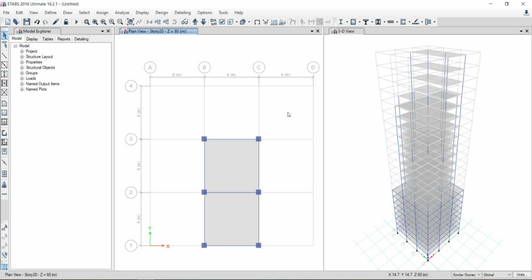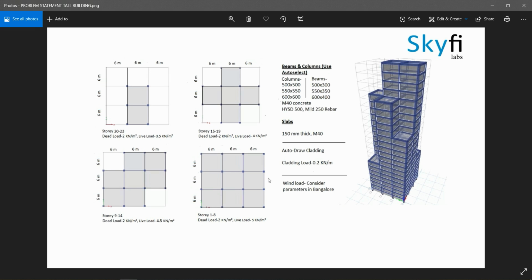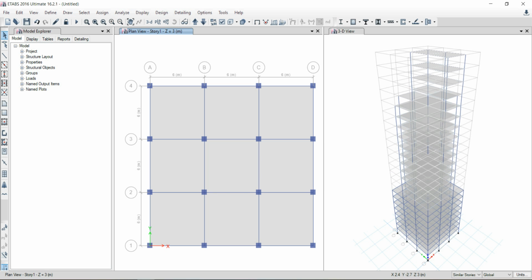So now we'll be seeing the application of the dead and live loads. Using the arrow keys, we'll go to story 1. As we can see, the dead load is the same across the story height.